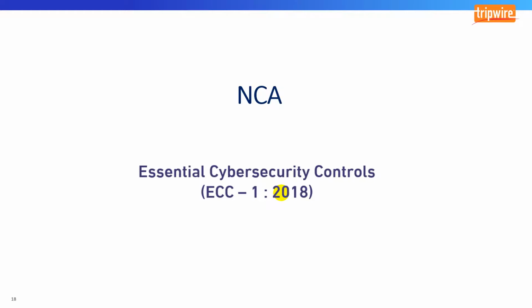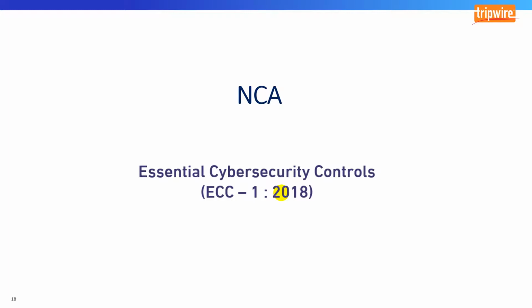I will show you an example with this. Let's talk about the NCA before we go to file integrity monitoring. Organizations, for example, seeking to go for NCA, the National Cybersecurity Authority, which has published different papers and different controls, for example the Essential Cybersecurity Controls. Tripwire can help organizations with this. So if you are following NCA and you are following ISO 27001 and CIS, for example,